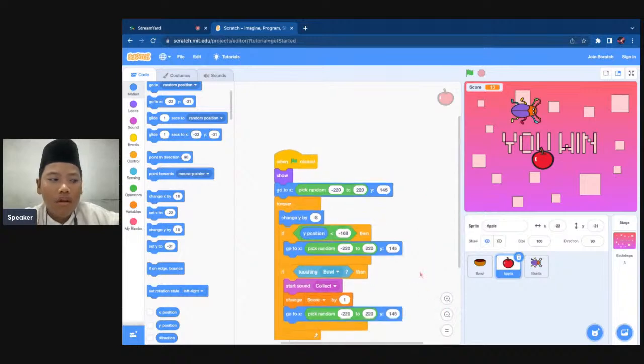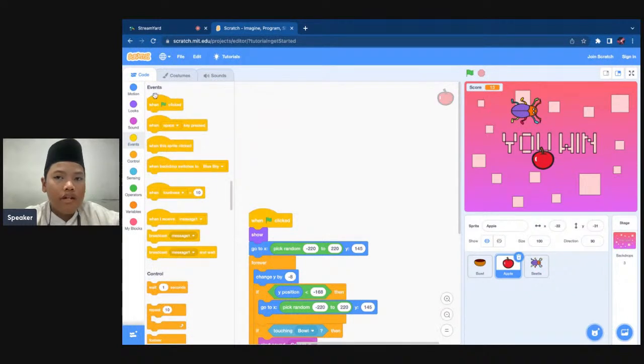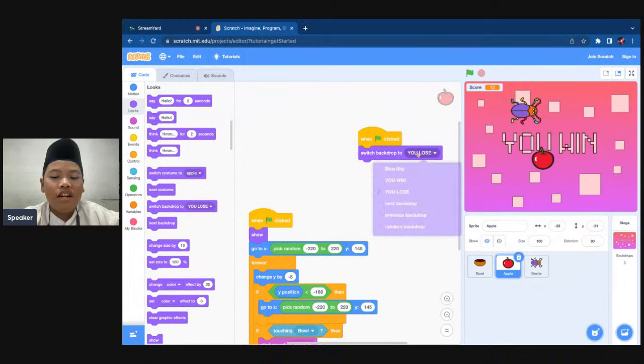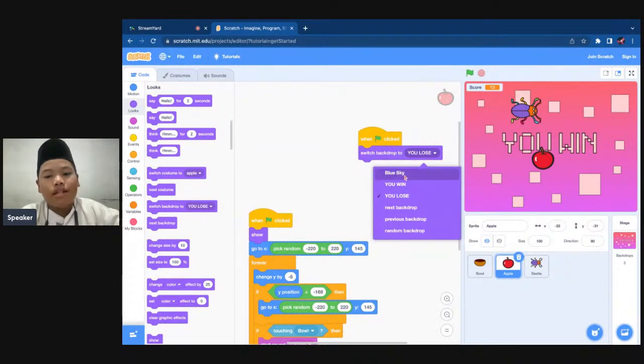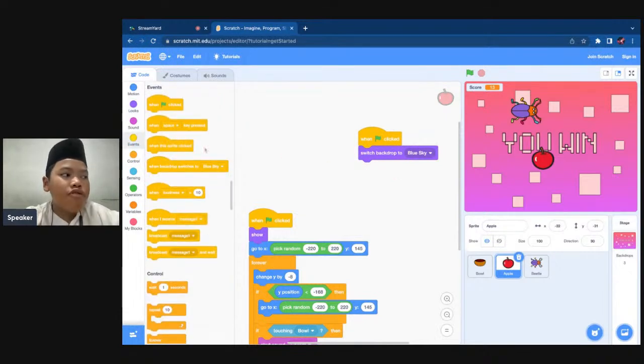Now, go to events and drag the when flag clicked block. And then go to looks and drag the switch backdrop to block and put it under the second when flag clicked block and change the you lose into blue sky. And then go to events again and drag the when backdrop switches to block and then change the blue sky into you win.